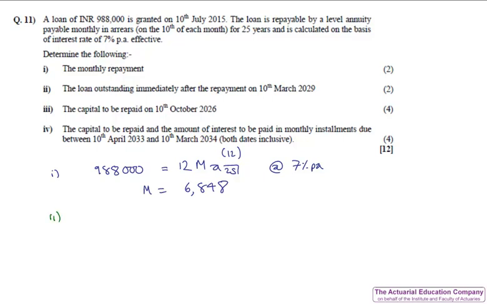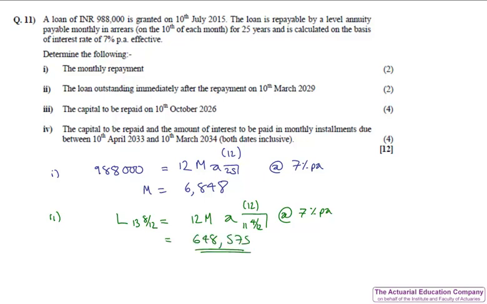For part 2 of the question, we need the loan outstanding immediately after the repayment on the 10th of March 2029. Well, that's 13 years and 8 months into the loan, and the way we calculate the loan outstanding is to do the present value of the future repayments, i.e. the present value of the payments over the remaining 11 years 4 months. Calculating this at 7% gives us a value of